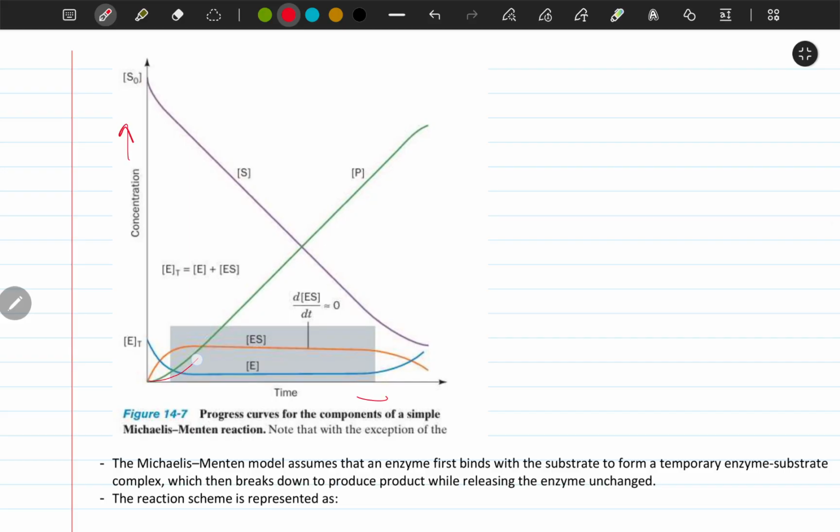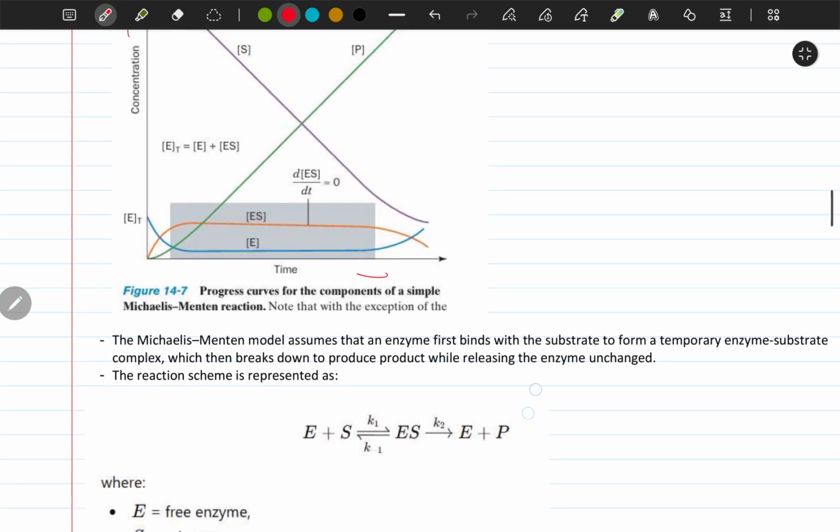So this is the concentration of substrate and this is time. As time goes, the substrate concentration is increasing. What is this? What is this? Anyways,